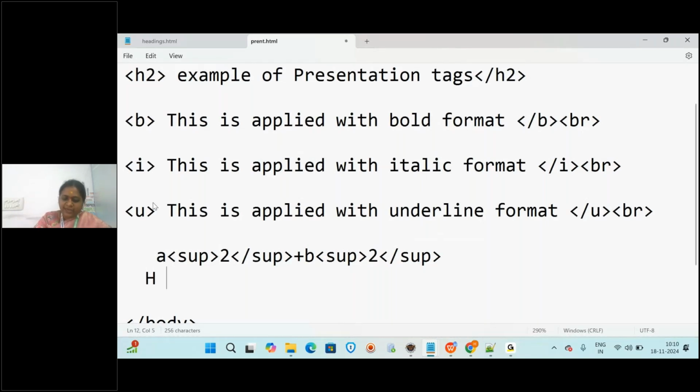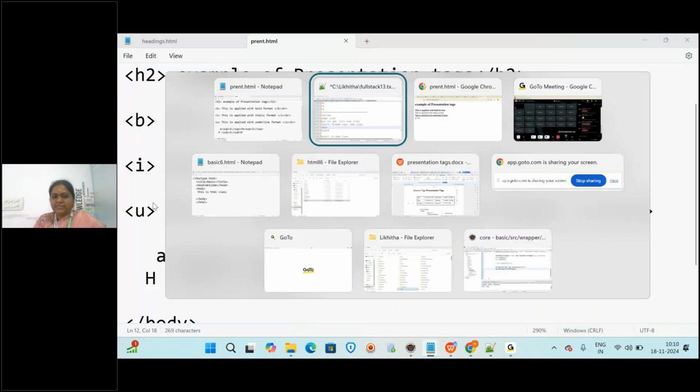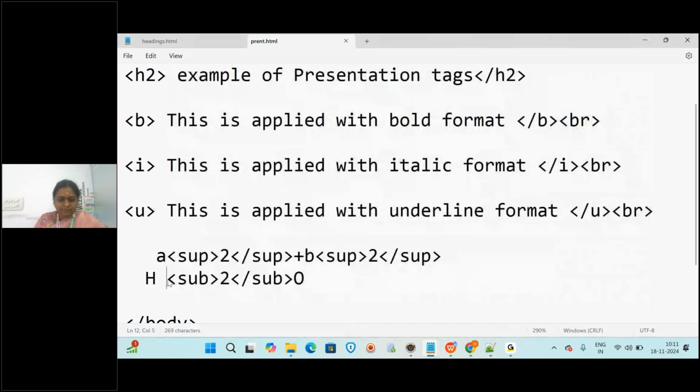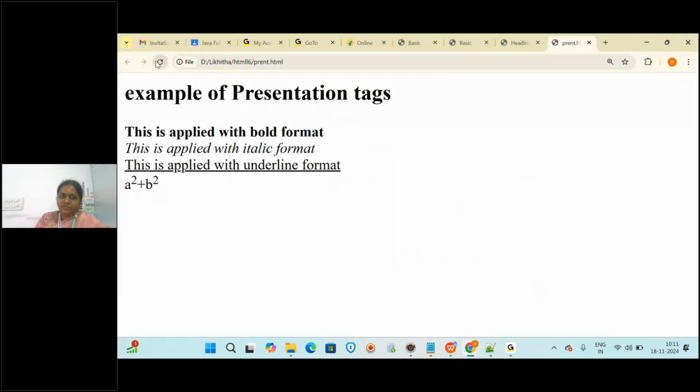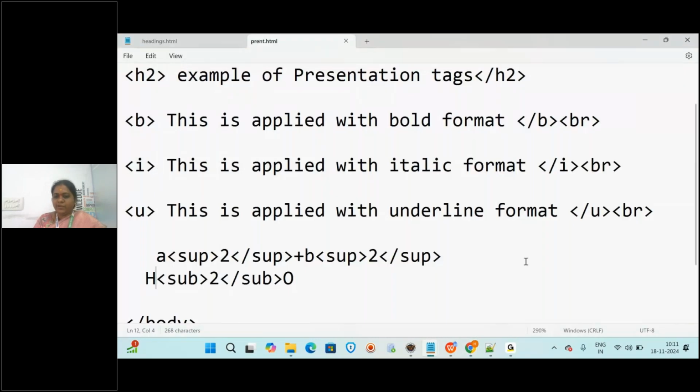So this time you have to write sub, and then write 2, and then close the sub tag, and then O. Save this, go back to the browser once again, and refresh. What we got? H2O. Again it is in the same line, because we have not used the break tag. So use the break tag, and it will come on a different line.